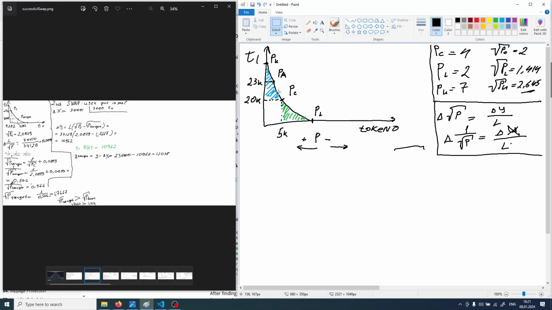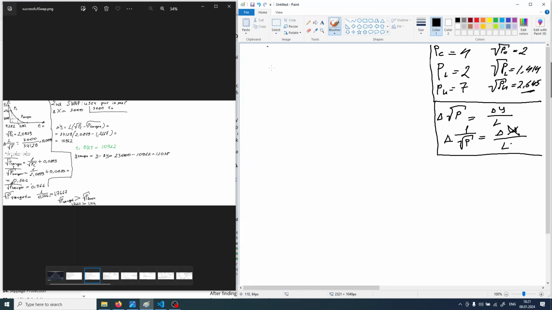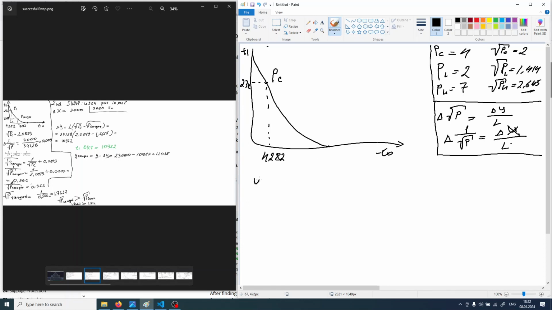So we now have P current equal to this, and we still have 23,000 of token 1 and 4,282 of token 0, and the user sells